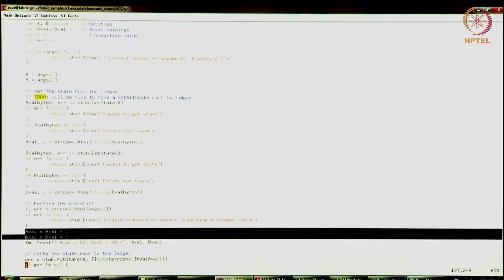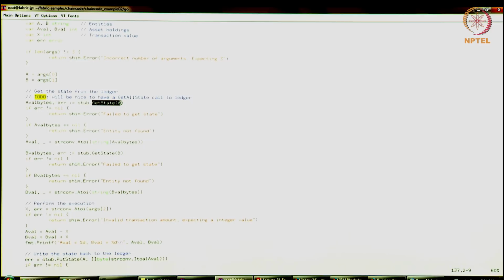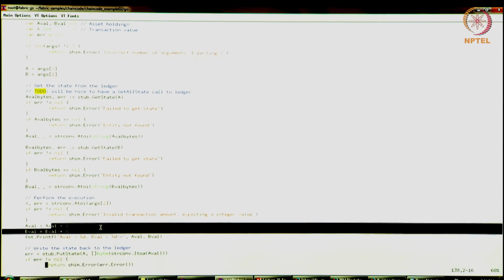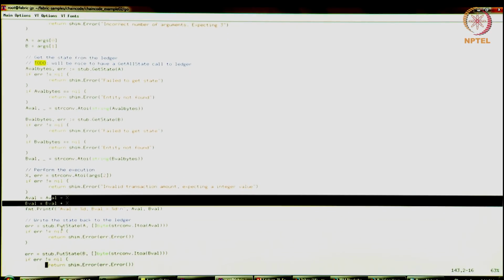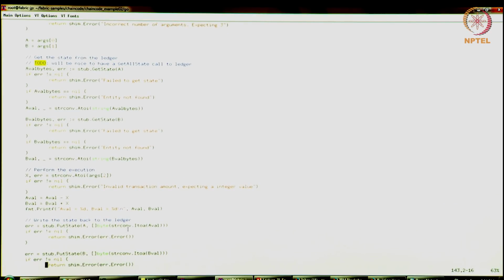So that's done in this get state function. The get state of A reads A's balance from the ledger, get state of B reads B's balance from the ledger. They are both updated and then we have to write them back into the ledger. So we're going to do a put state of A saying this is the new balance for A, and likewise for B, we're going to do a put state for B.